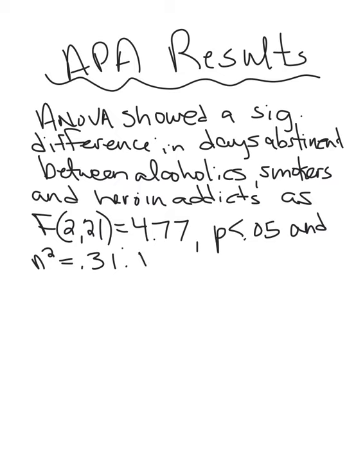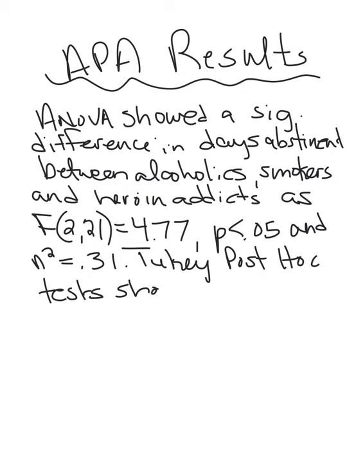So this is where I put in a second sentence. Tukey, because we tell which one, post hoc tests showed that. This is where you have to be careful. You want to make sense of things. What we could do is culminate that in a sentence. So: Tukey post hoc tests showed that alcoholics,